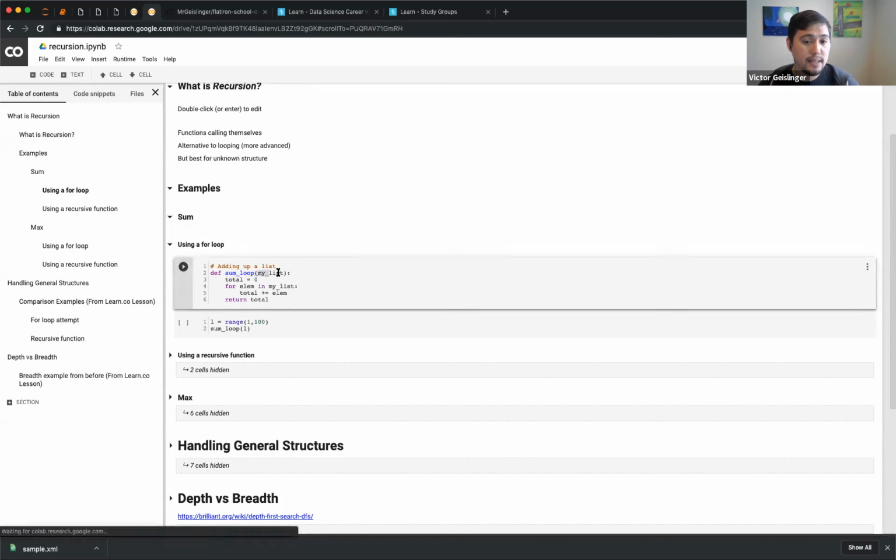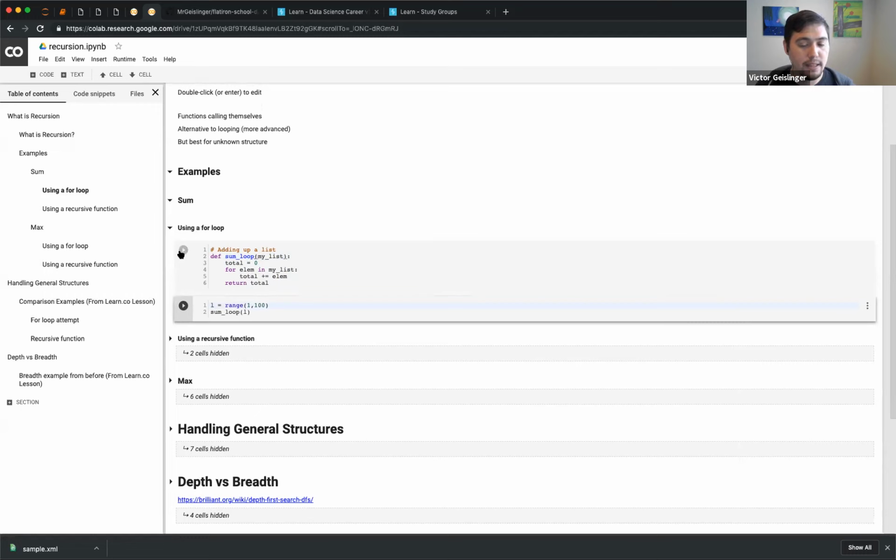So we can basically take a list in, make sure this total is 0, right? We don't have anything in the list, nothing in the total. And then for each element in my list, I can do total plus equals element, right? So basically I add whatever the element is in that list again and again and again, and then just return the total. Of course, this will only work for integers or floats or numbers. If I tried dealing with a list of strings, this obviously would give me something very different. So be aware that I didn't do a check here, but the point is that this would work fine.